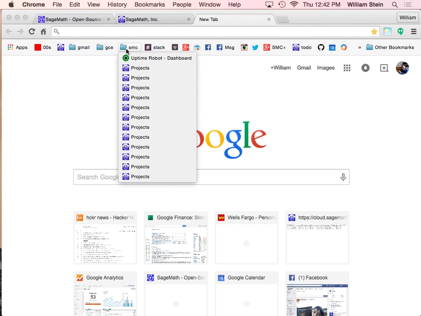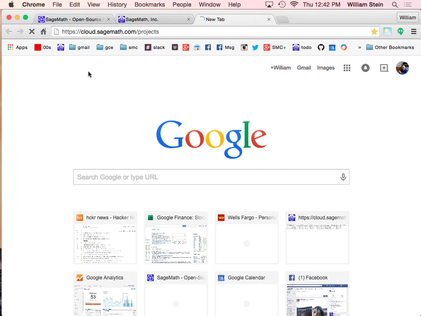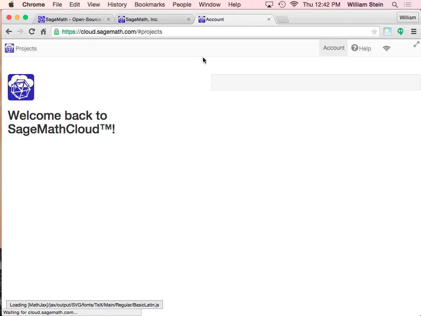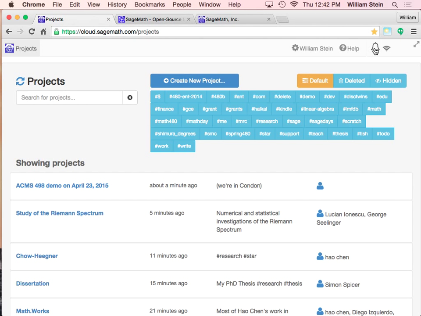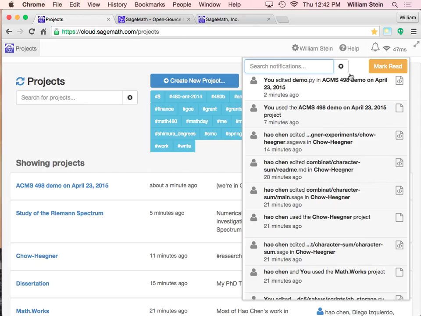So it's not like that terminal session is just gone. If we just go back to SageMathCloud, there's a list of all of our projects sorted by when they were last used. There's also this little bell which tracks all the files either you or any of your collaborators edit in any of the projects that you're a collaborator on. And so, we recently edited,